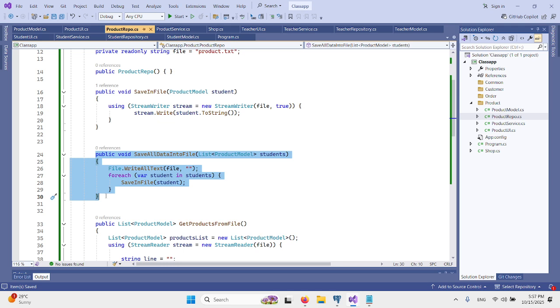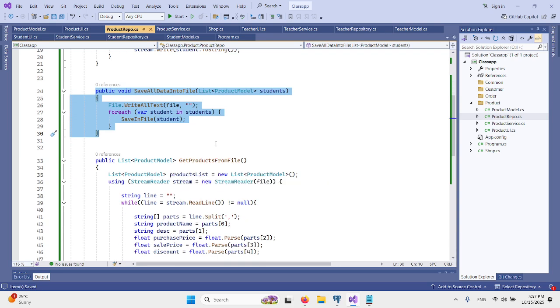But it will be very fast. So it will take no time, kind of no time. You know what? When your data will grow, for example, you will have around 100 or even thousands of records in a file, then your file system will collapse. It will not give you the performance. That's why they developed database systems.